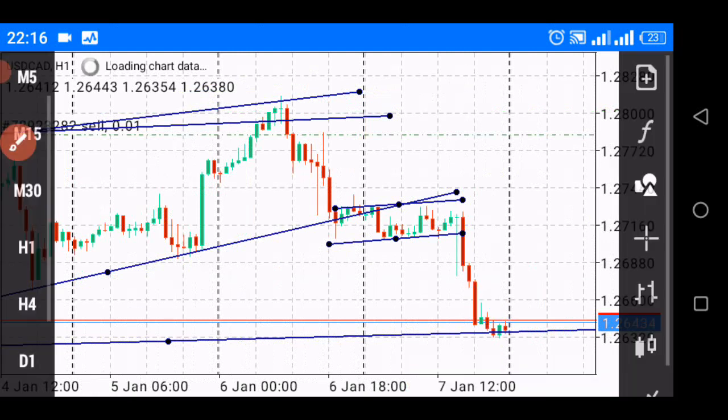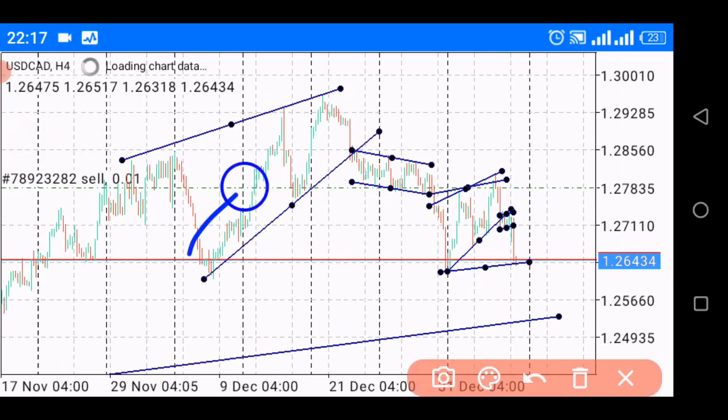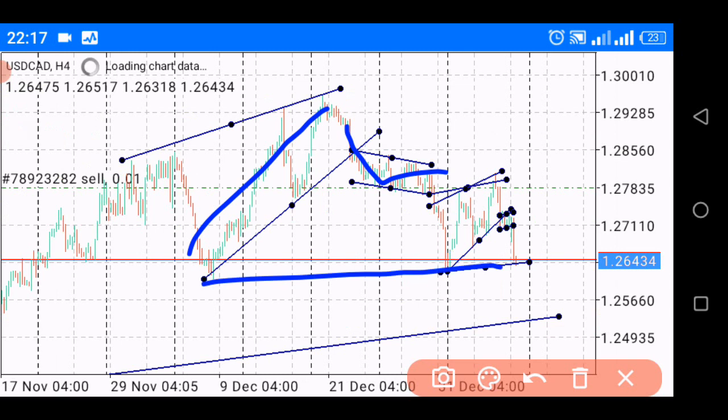And let me now show you something. You have a steady channel here. It confirms its breakout, gives us a flag, and it confirms its movement here. And also in the 1 hour, we have a flag here. We have a steady channel here. It confirms, it gives us a flag, and it confirms its movement here. That means